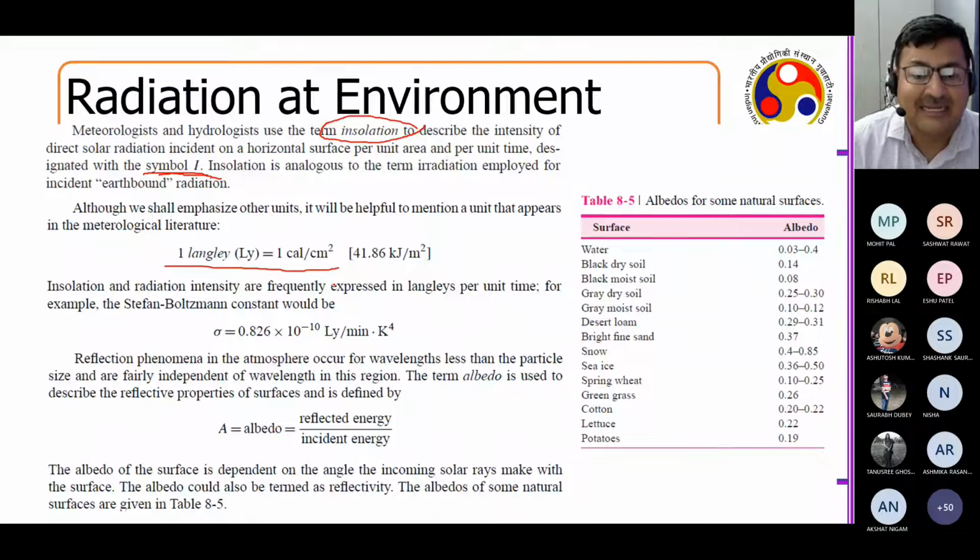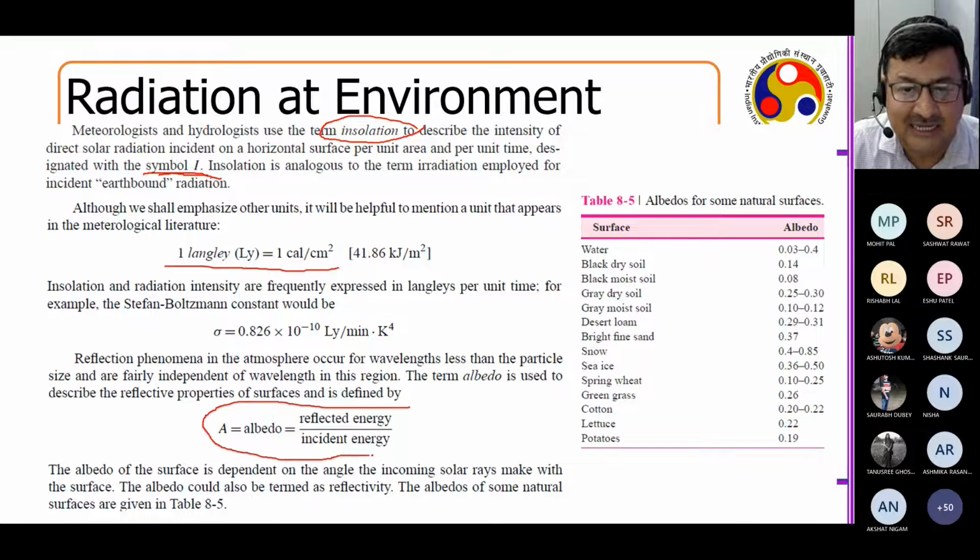Another very interesting factor that is used numerically in radiation calculation is called the albedo. The albedo is the reflected energy divided by the incident energy. Up to this point, we were dealing with the irradiation and the radiosity, right? So albedo is nothing but the reflected energy divided by the incident energy. This actually gives you the real part of real surfaces. For real surfaces, it is very, very important to calculate the albedo that is associated with them.